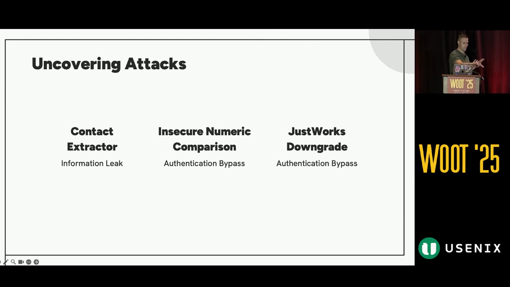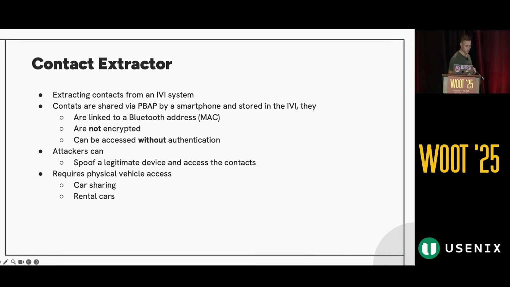So we have these three main. I will talk only about the first two, so contact extractor and insecure numeric comparison, which are information leak and authentication bypass. Then if we have time and questions, there's also the just worse downgrade, which is another interesting authentication bypass. But yeah, the contact extractor, which is kinda interesting, basically it allows you to extract contacts from a system